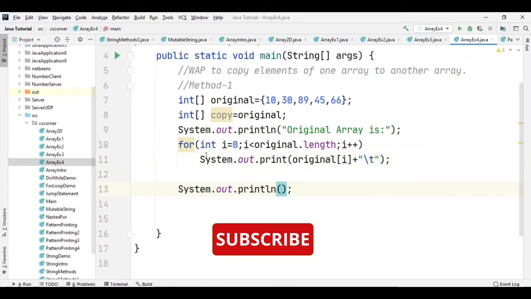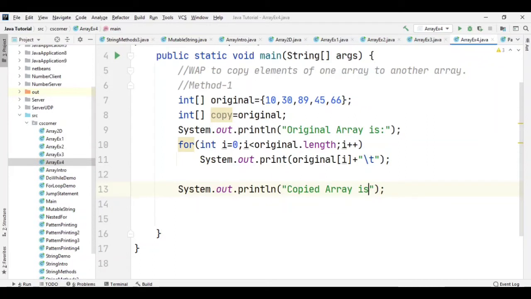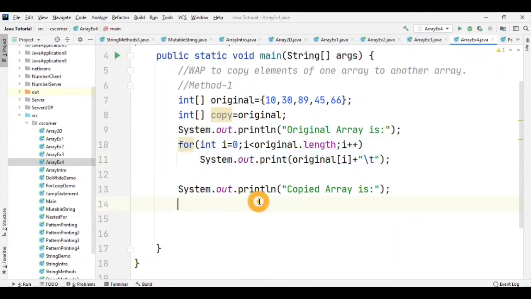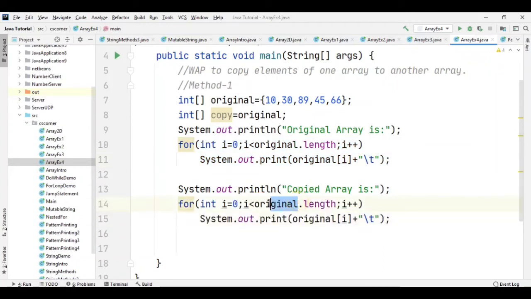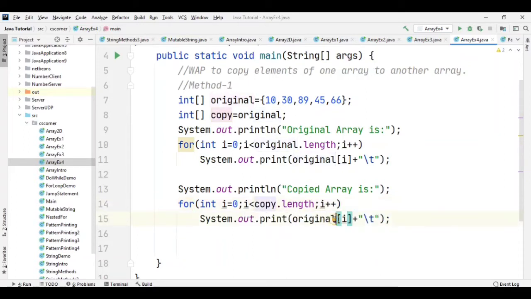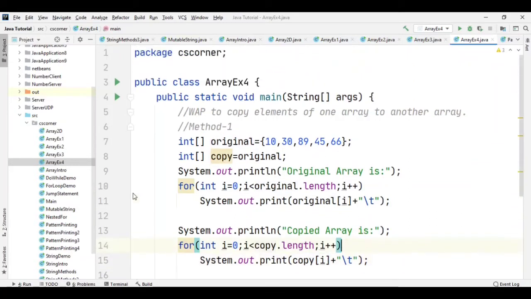After printing the original array, I'm going to write the same line for my copied array. So I'm writing copied array is, and then again run the for loop. I'm just copying this code, and instead of original, I'm going to write copy. Here also I'm going to write copy. Okay, now let's run.